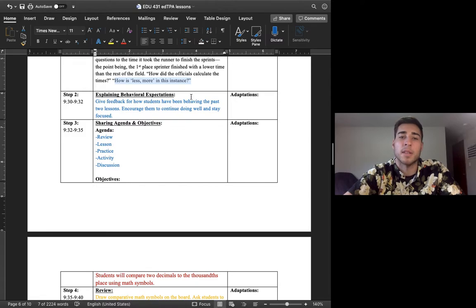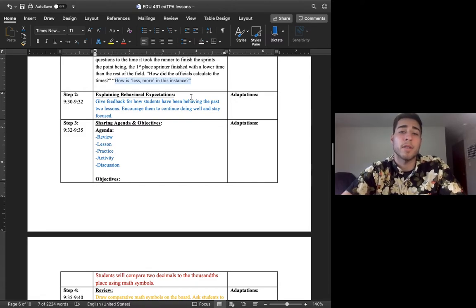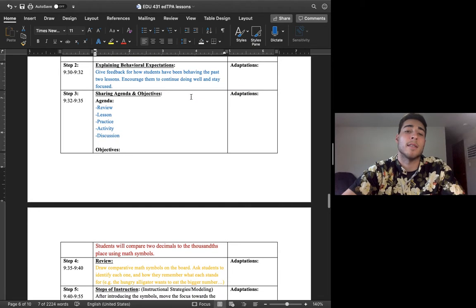So then we'll talk about the expectations that they have, or that we have together as a class, giving feedback to the students on how they've been behaving the last 2 lessons, and encouraging them to continue to do well and stay focused on this last lesson